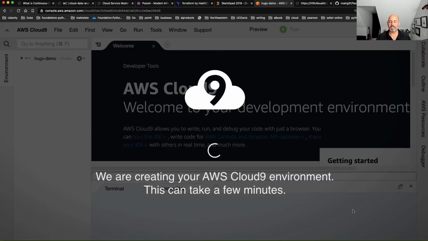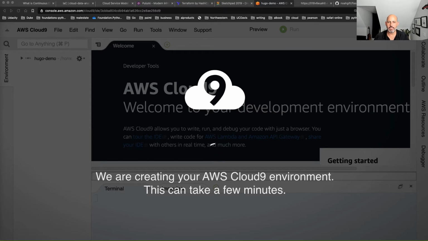Now, the reason why I think Hugo is great for this is that it's trivial to build stuff in Cloud9 because it's a Linux environment. It's got everything set up, where if this was my laptop, it could be a little bit painful, because you don't know what's on your laptop. It could be Windows, it could be OS X, it could have weird stuff in there. But when I use this cloud environment, it's kind of like a fresh start for me to build stuff. So that's what I'm going to do.